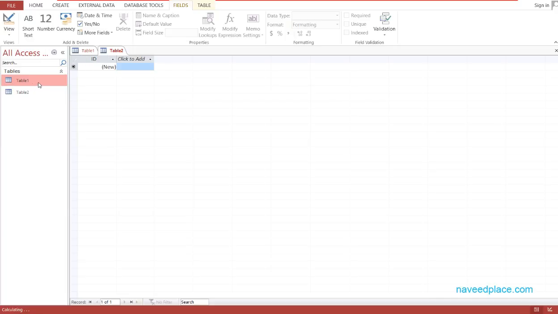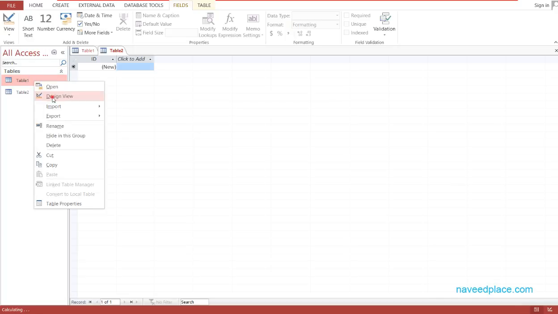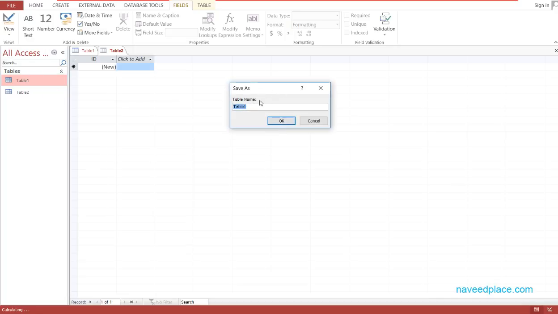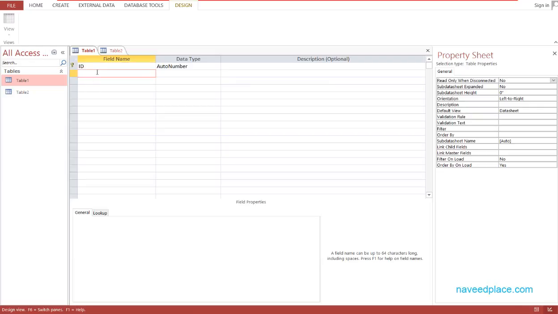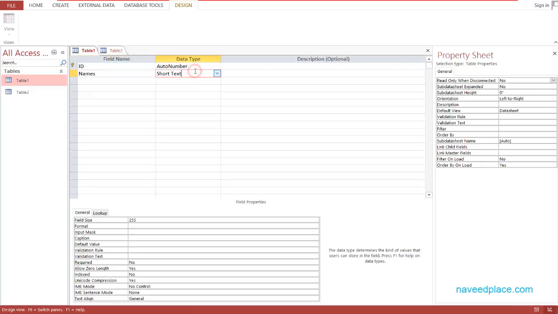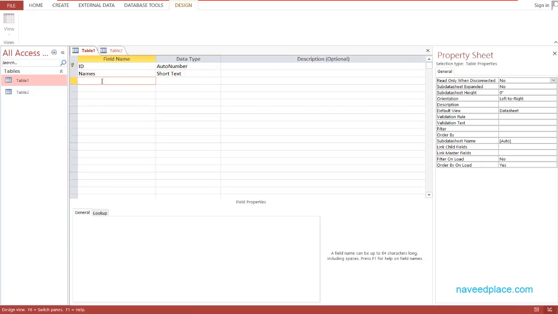So I go into the design view of the first table: right click and click on Design View, and it asks whether I want to give a name to this table. I say Table 1 is fine and click on OK, and now I am in design view of Table 1. Here I say ID, row number is fine, and then names, with data type short text, and then courses